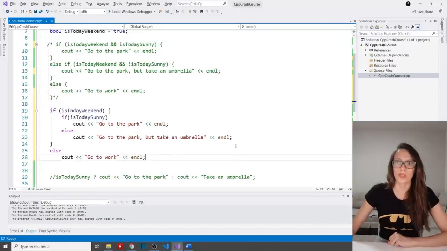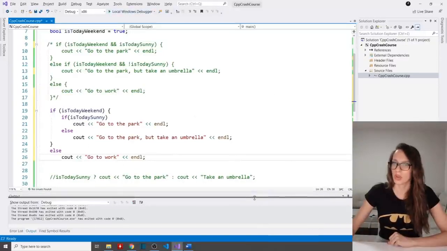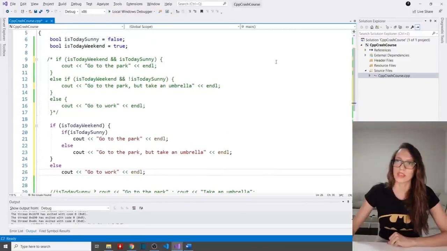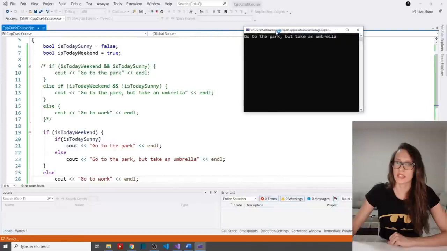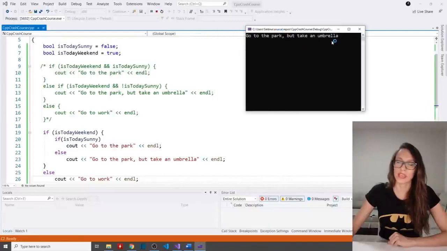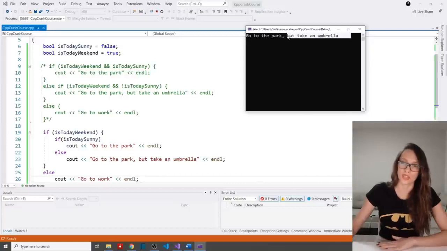Okay, now if I run this program, let me just show you the whole code like this, and if I run this program, you can see that it says go to the park but take an umbrella, because today is weekend, but today it is not sunny, so you can go to the park, but you have to take an umbrella with you.